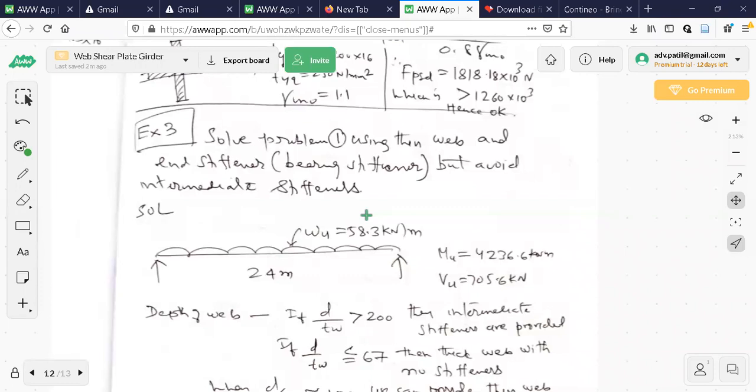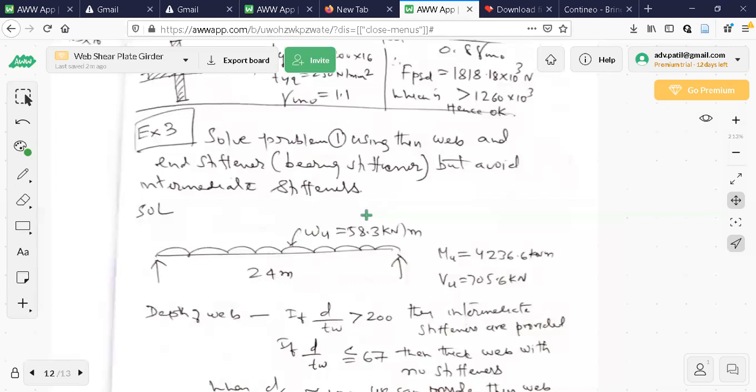First check the flanges for flexure, because flexure is taken by flanges. So once you are okay with that, go to the web. Yesterday I taught you web, that is web shear buckling. Based on that, you have to revise if necessary the thickness. Once this is done, then you calculate FW, check whether I need to provide stiffeners or not.